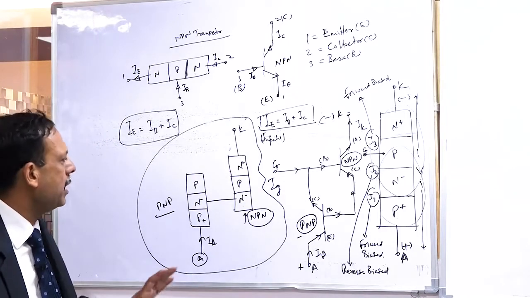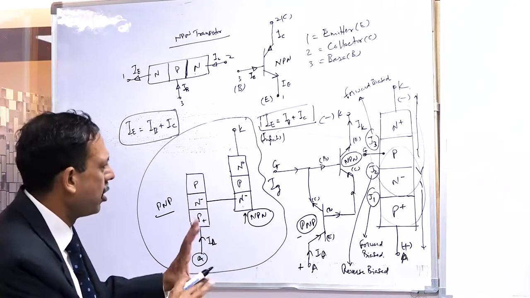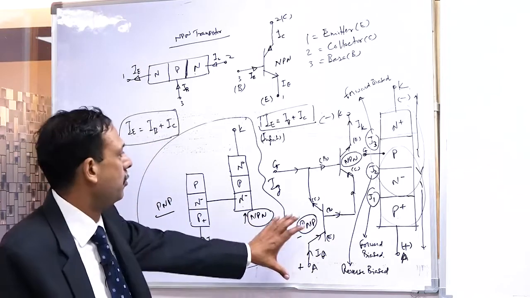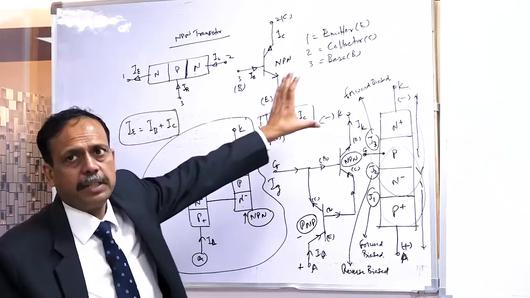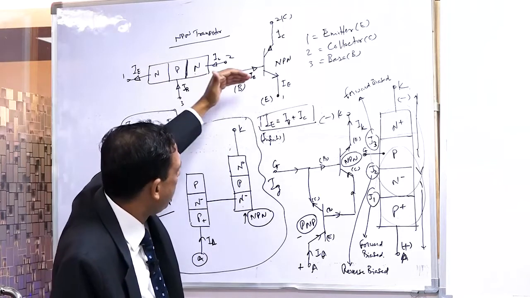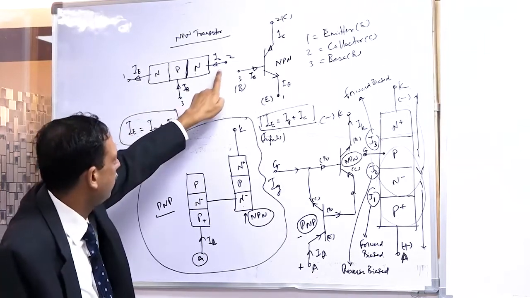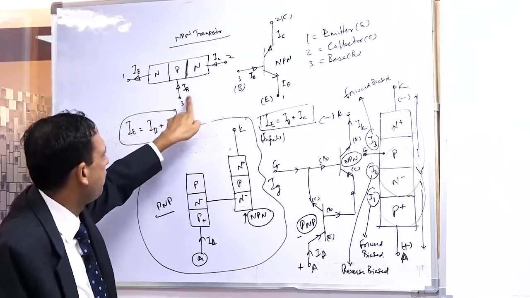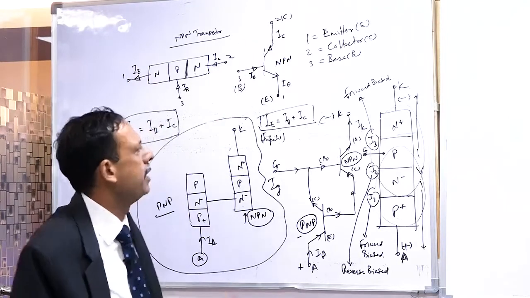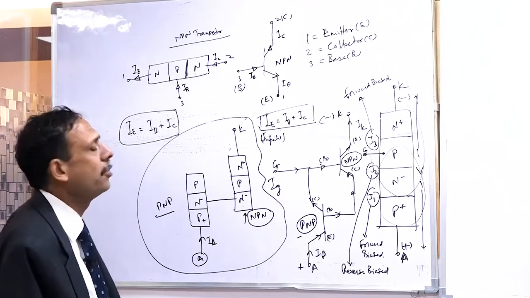Many people get confused. They draw the PNP transistor but forget the direction of the currents, due to which they are not able to solve the problem and not able to replicate the actual problem in the true form. Now, is it clear to everyone? Please say yes. In the PNP the current was going in, in the NPN it is out. So both the base and the collector are going inside. And that is why the emitter current is out, the base is going inside, the collector is going inside. Both the inside currents, base plus collector, are going to the emitter, which is going out. This is NPN and this is the electrical symbol of NPN. This is the schematic and this is the symbol. Is it clear? Let everybody say that NPN is also clear to them.